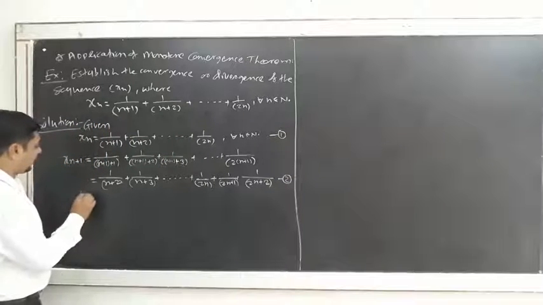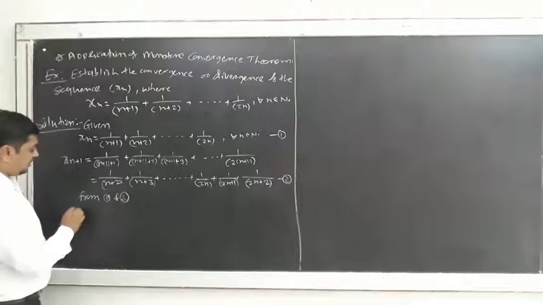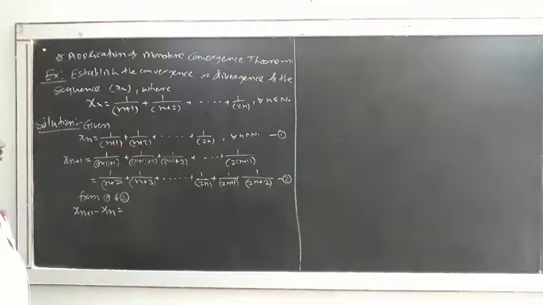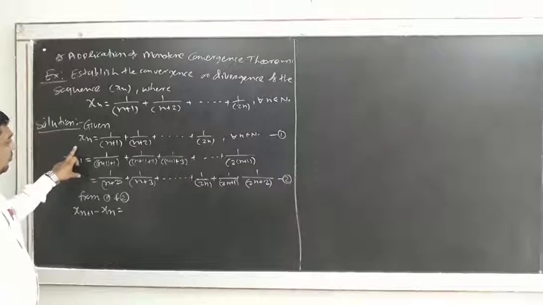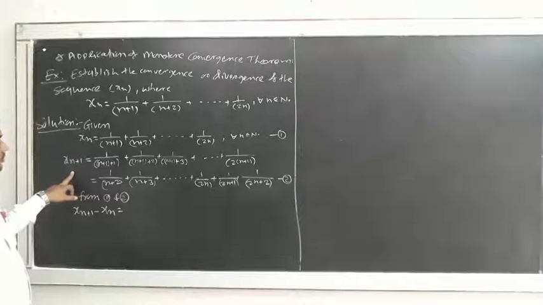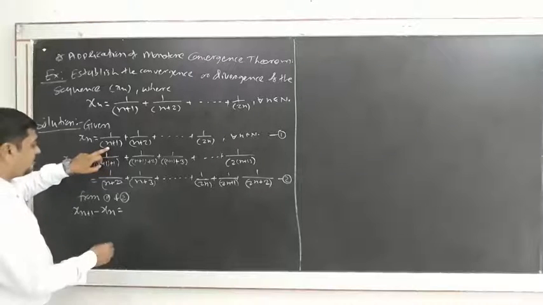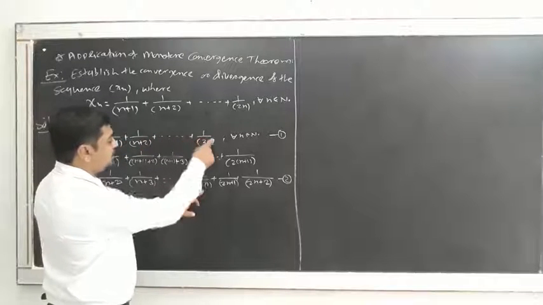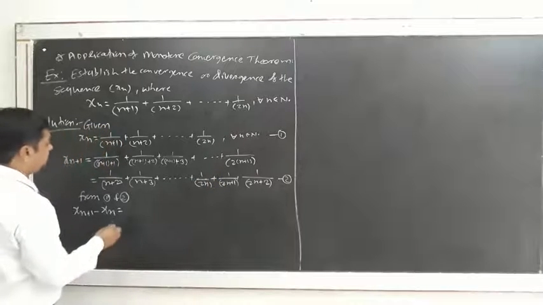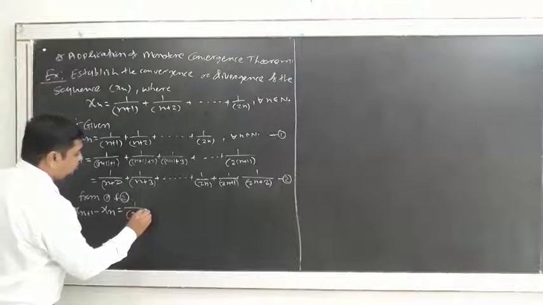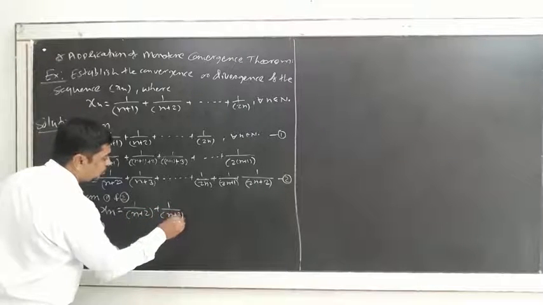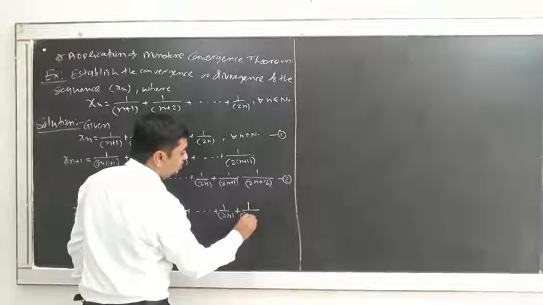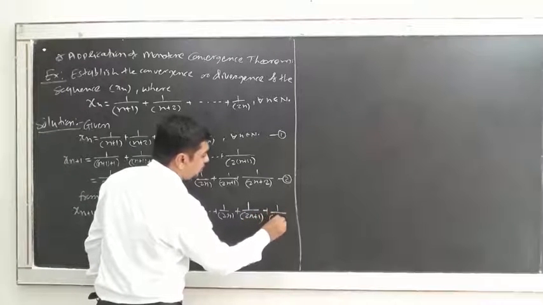So from first and second, xn plus 1 minus xn is equal to, so do subtraction of these two sequences, xn and xn plus 1. Then what are you getting? This 1 upon n plus 1 remains the same. First n plus 2 gets cancelled, n plus 3 gets cancelled, 2n gets cancelled. That means after this we are getting 1 upon n plus 2, 1 upon n plus 3 and dot dot dot, 1 upon 2n, plus 1 upon 2n plus 1, plus 1 upon 2n plus 2,